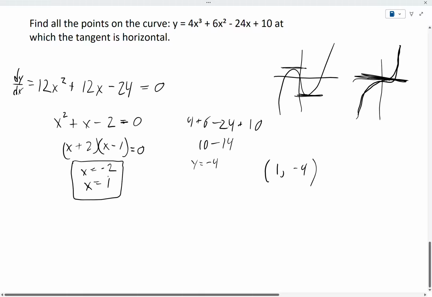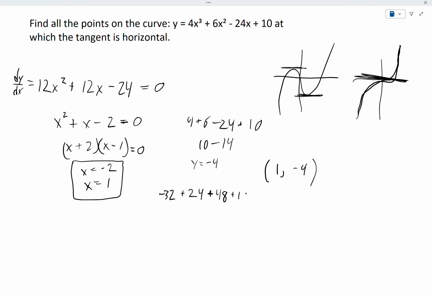And for our other point, I'm just going to plug in the negative 2 value here. So negative 2 to the third is negative 8 times 4, which is going to be negative 32. Negative 2 squared is going to be 4 times 6, which is going to be 24. Then we're subtracting negative 2 times negative 24, so that's like adding 48. And then we're adding 10 to the end. So if you just simplify this right here, that's going to end up being